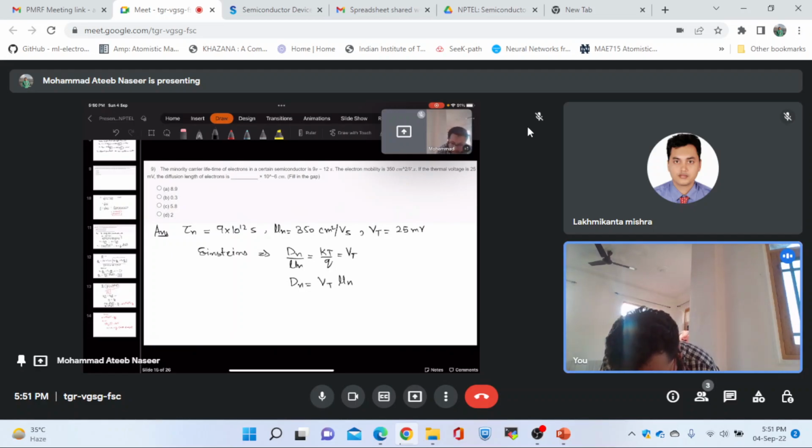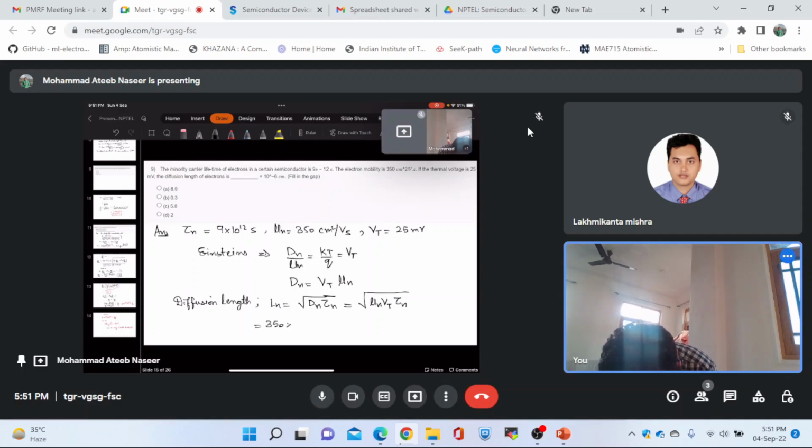Now the diffusion length is simply given by Ln, and it's given by the square root of Dn into tau n. So this expression will simply be mu n Vt tau n, or simply